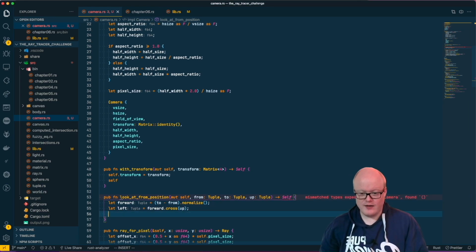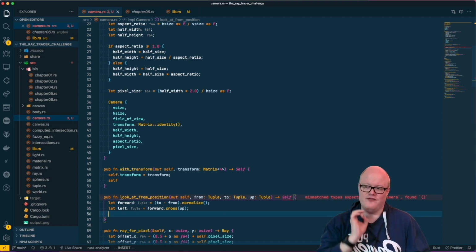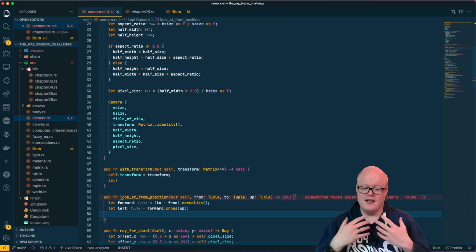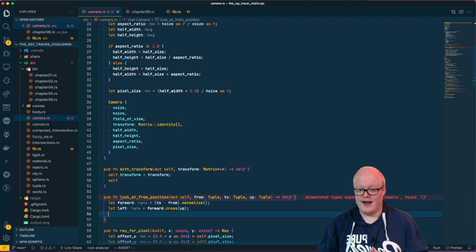So now that we have this one, we can actually help ourselves a little bit. When we are using this system, we usually do not want to always specify the exact up vector, which is perfectly in the correct orientation with regards to the orientation of the camera. We could do all sorts of quaternion magic there for rotating the camera instead, but usually you get it at up vector. What we are doing now is we are ensuring that we only need an approximate up vector, that it doesn't need to be 100% specific. And that is essentially what we are using the left vector for, because now when we are creating the cross product between the